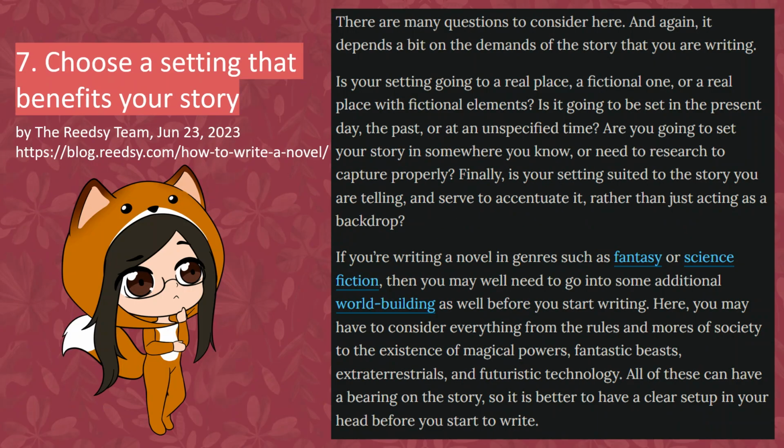Okay, this is really long. There are many questions to consider here, and again, it depends a bit on the demands of the story that you are writing. Is your setting going to be a real place, a fictional one, or a real place with fictional elements? Is it going to be set in the present day, the past, or at an unspecified time? Are you going to set your story somewhere you know or need to research to capture properly? Finally, is your setting suited to the story you are telling and serve to accentuate it rather than just acting